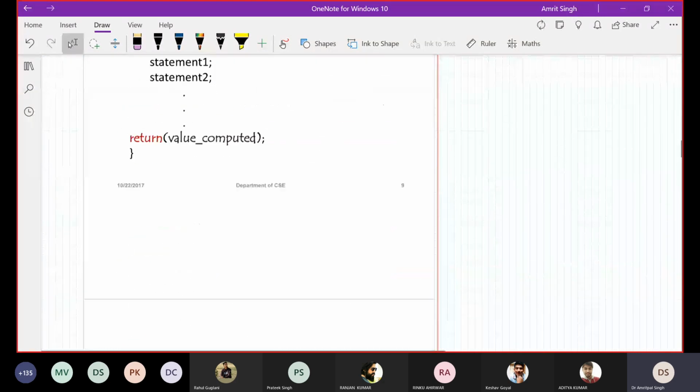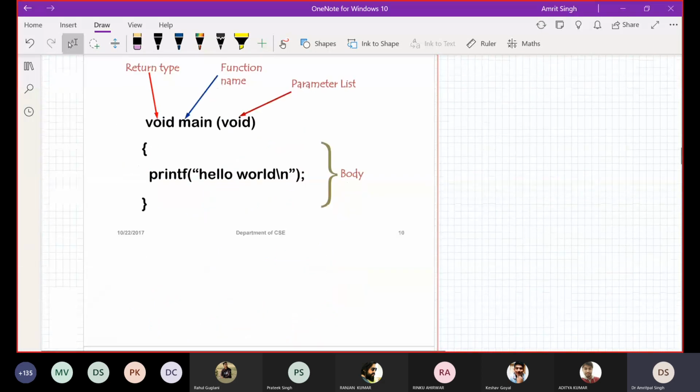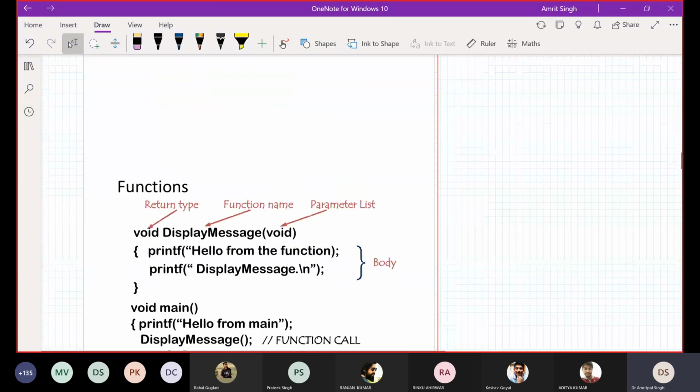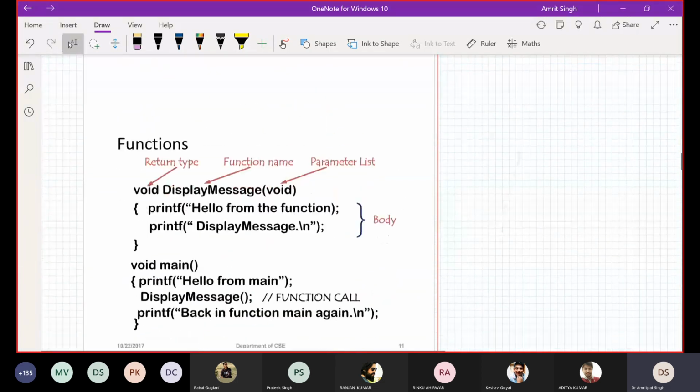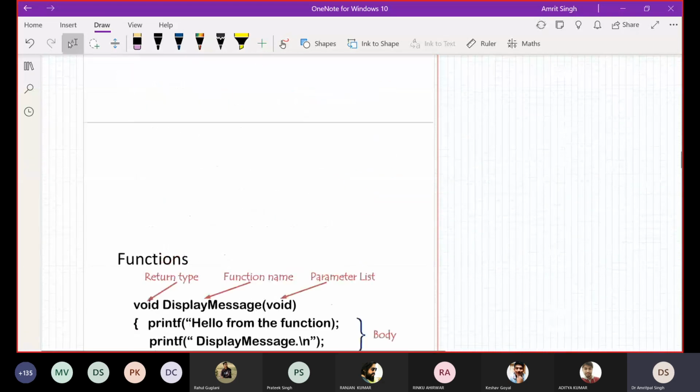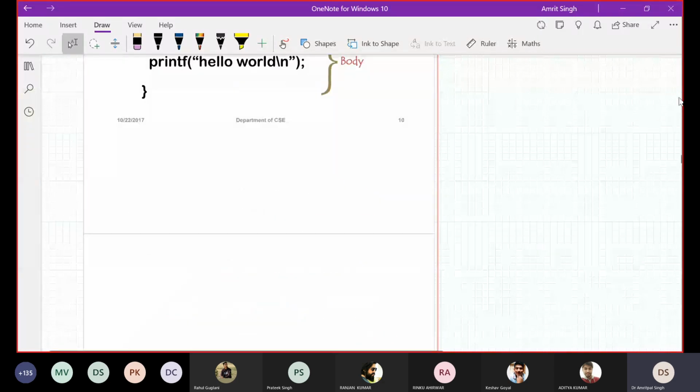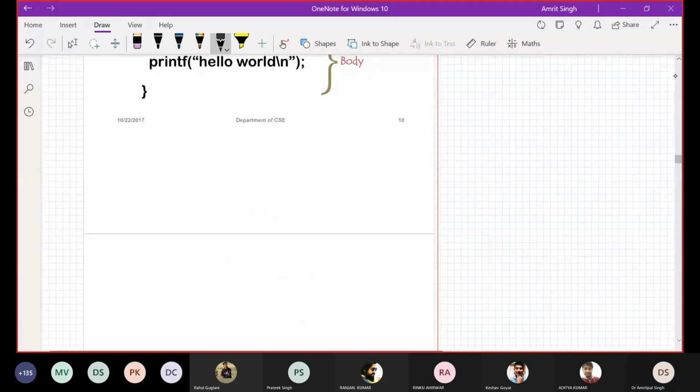Let's do another example. We have already done this void main example. Some students are asking, why, sir, are you making things complex if we can directly print the value? So let's try a calculator program.